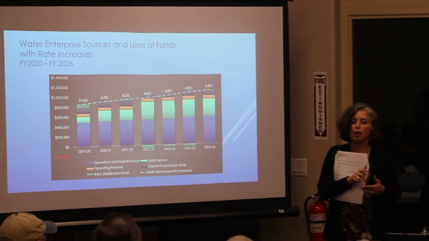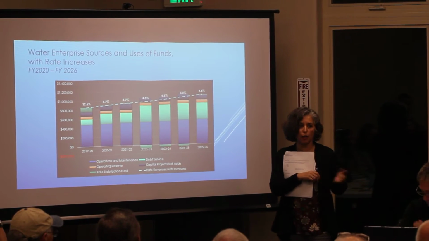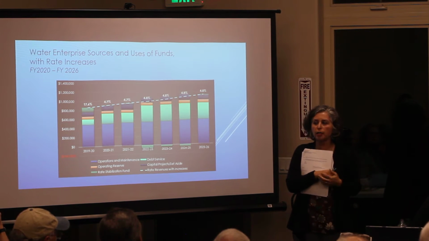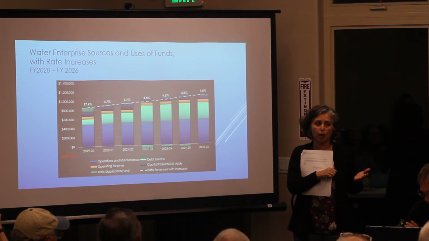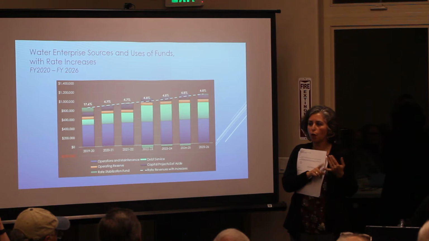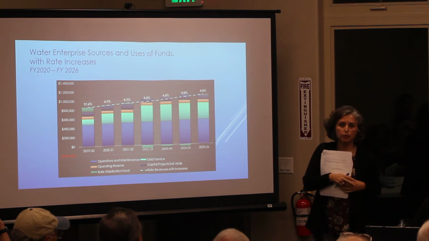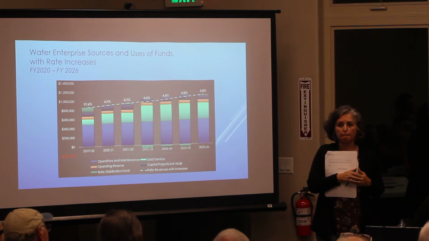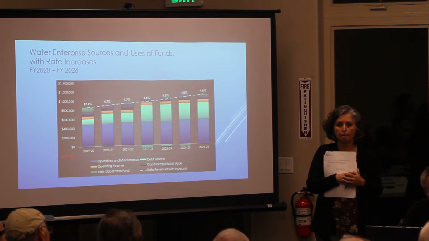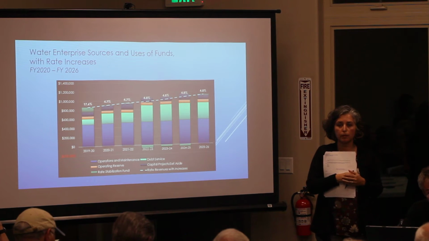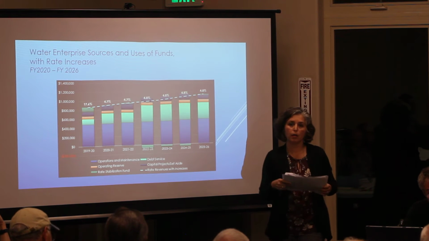For example, Jerry mentioned that you've spent over the past five years from the rate increase about $400,000 in projects. There's approximately another $500,000 designated for the surface water project, the tank. Could you elucidate on those exact amounts? Because what matters to all of us is how much is coming in and exactly how much is going out, and where it has been going for the last five years since the last outrageous rate increase.